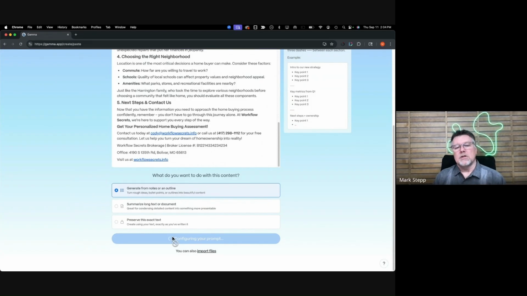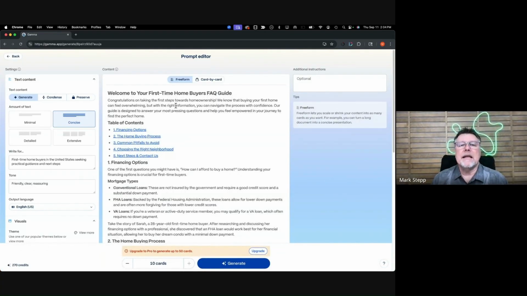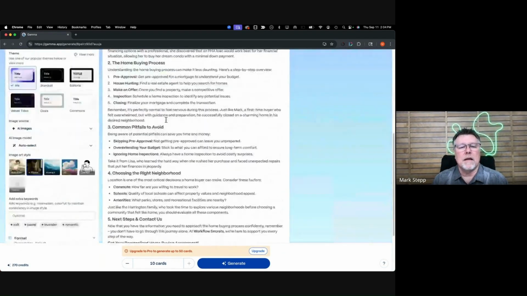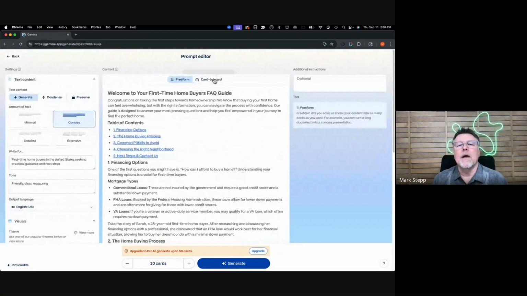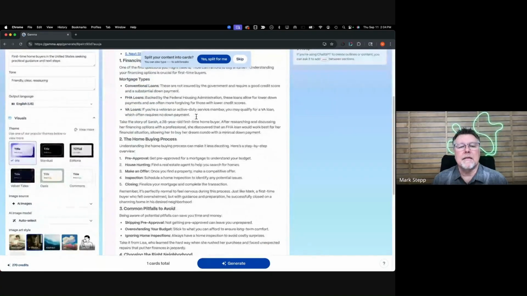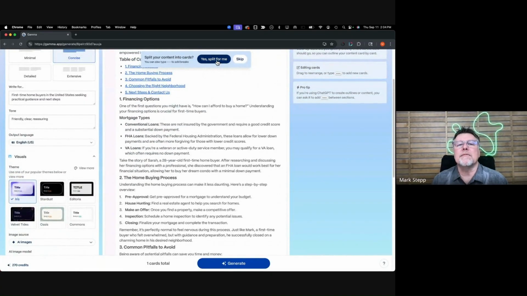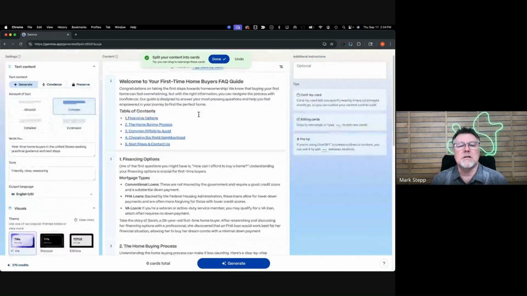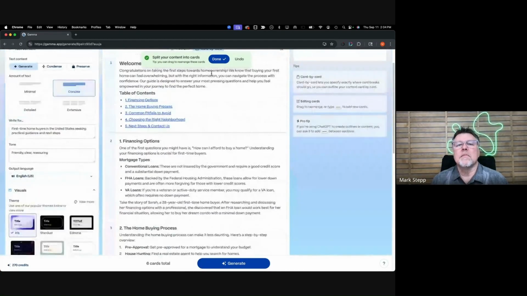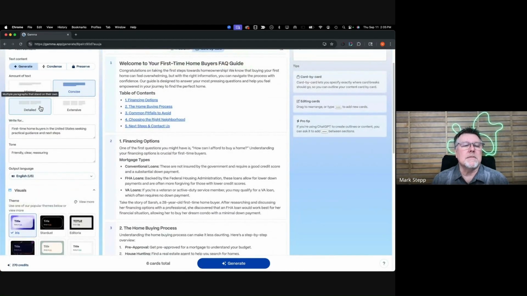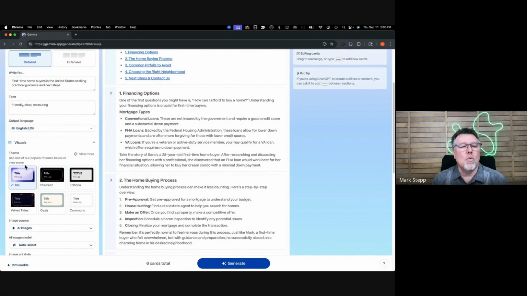And say produce. So it takes that generated content that I've done, and then it puts it into a list here of things that we can do. I can say card by card, and then actually this is split for me. Yeah, so it'll go through and it'll use AI to split this up into separate cards of information. And then maybe I want to make it somewhat detailed. It will use the context of this to write this for me in whatever friendly style, whatever.